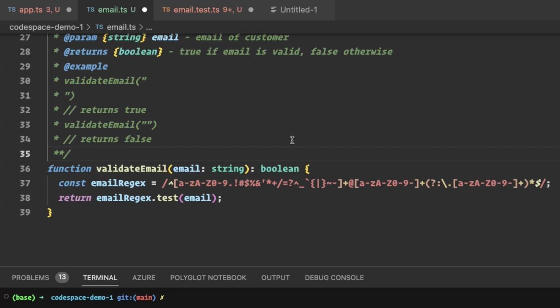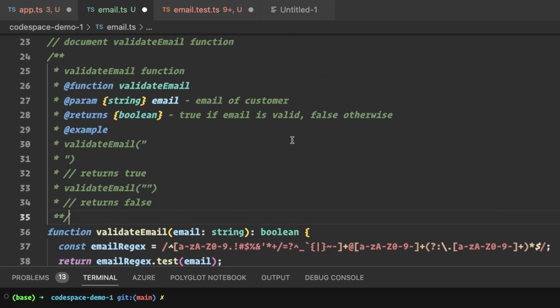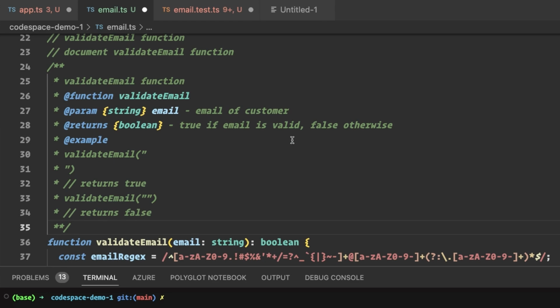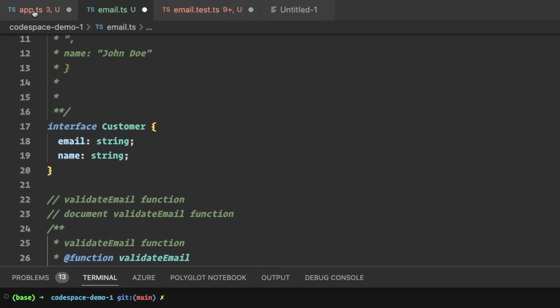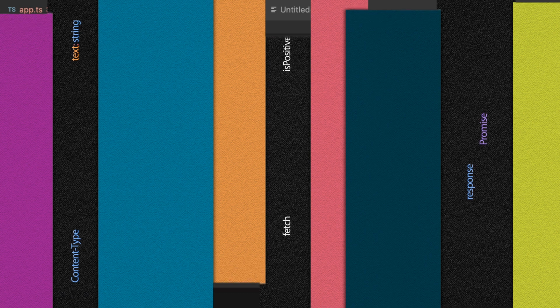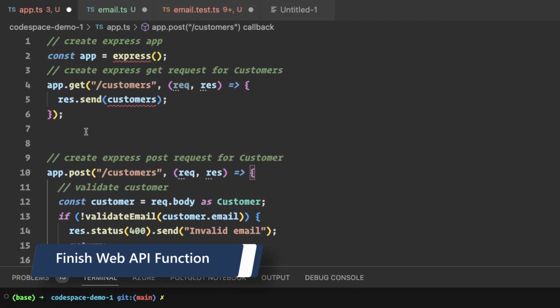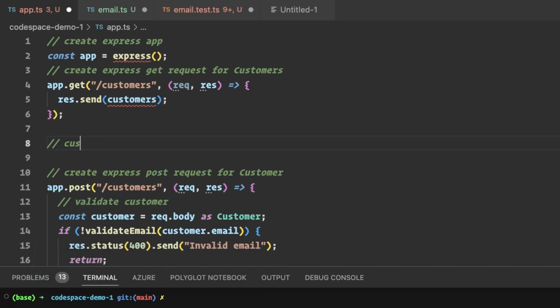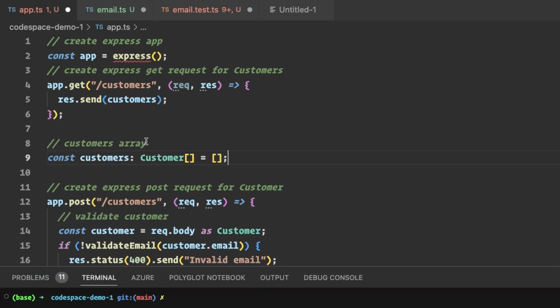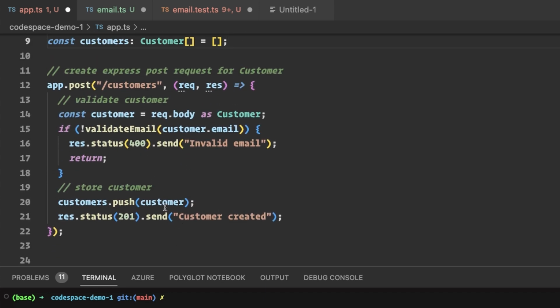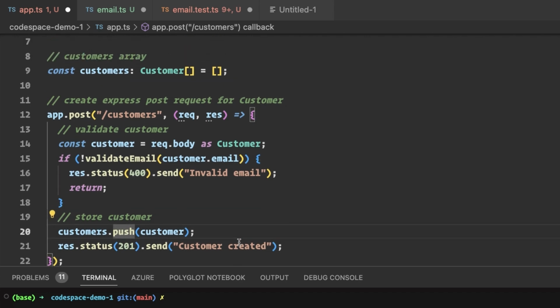Well, we're not quite there, because right now we can validate an email. That is great. We have an interface customer. That is also great. We have documented all the parts. So what is actually missing now? Let's have a look. It says to store customers. This is some kind of in-memory array. And this is something we can ask Copilot for help with. So we can just ask it to create that so our code checks out. So we are calling validate email. That's great. We have an if and else scenario, whether we have a valid or invalid email, and it's able to store the customer if everything is good, and it's able to do everything we need.